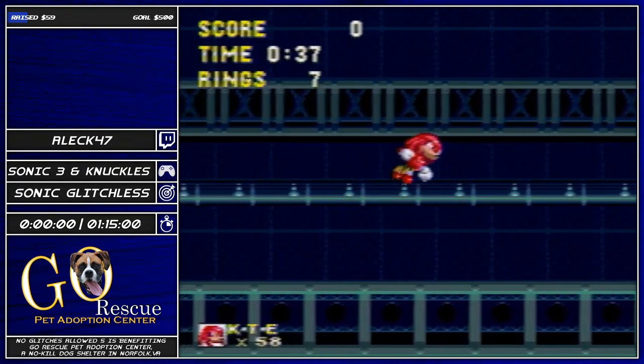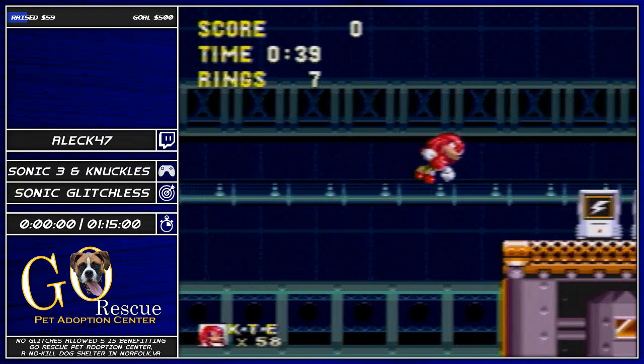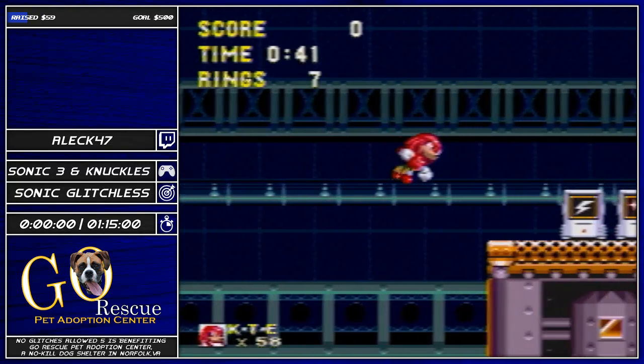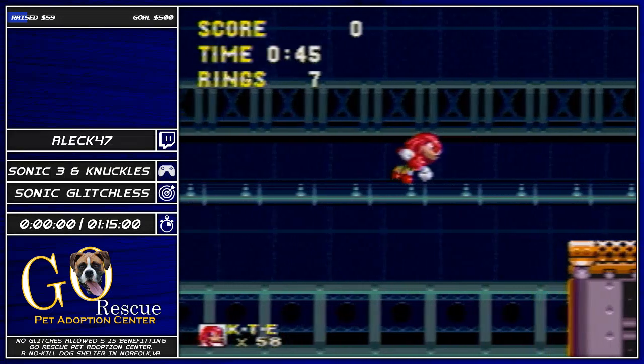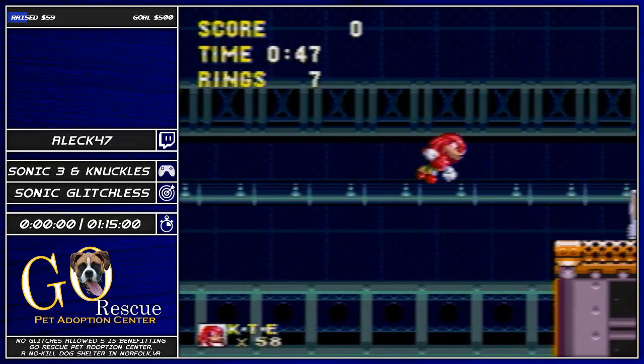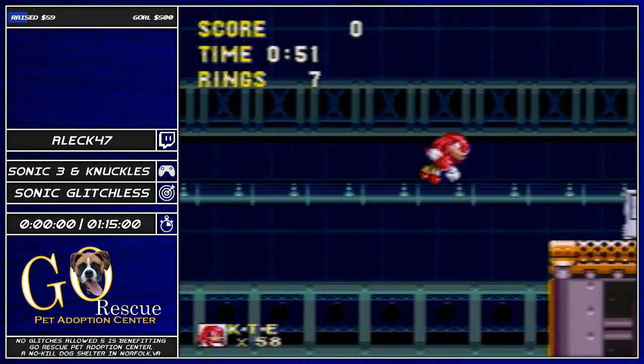It will be rather different than what you're seeing here, which is with two glitches active. You can see Knuckles is frozen in a weird sprite and also walking on air. Those are things that happen here. And before I get into the actual run I'm doing,